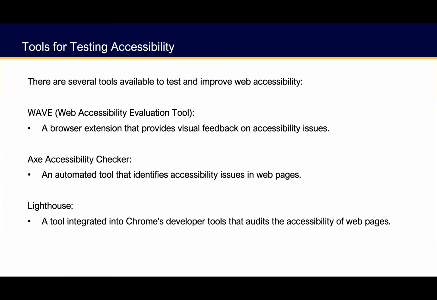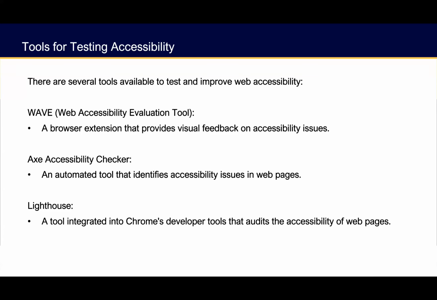Okay. So I hinted to this earlier. There's a couple of things online that we can use to make sure that the content we're creating is accessible to other people. Here's a couple on your screen now. We have the WAVE, which is the Web Accessibility Evaluation Tool. It's a browser extension, as is most of these. And a browser extension, I'll show you in just a second, is just a shortcut to a tool. Think of it like a bookmark, right? You like a website and you visit it frequently and you don't want to type in the URL, you can bookmark it. So you just hop over to that website again.